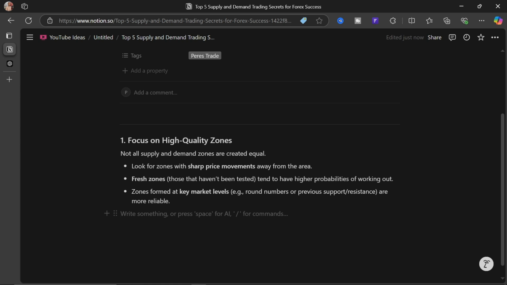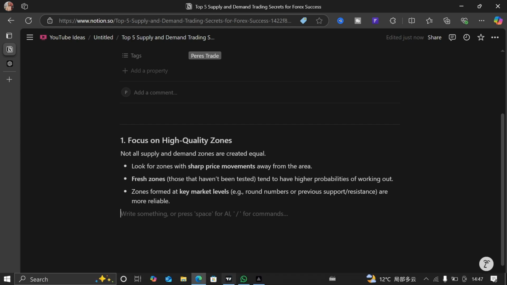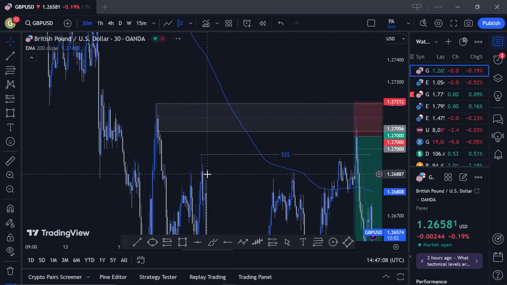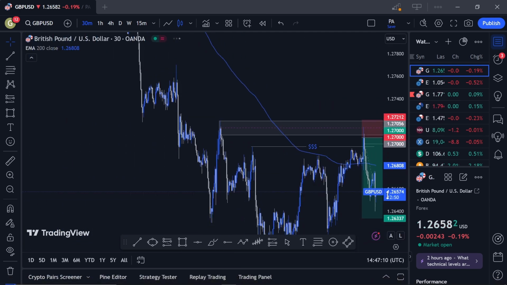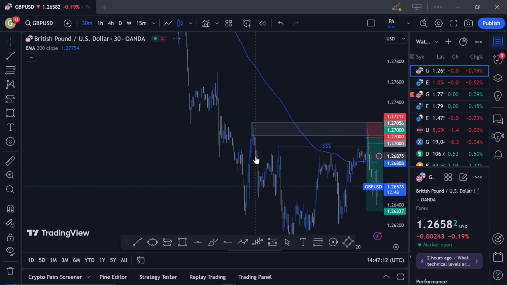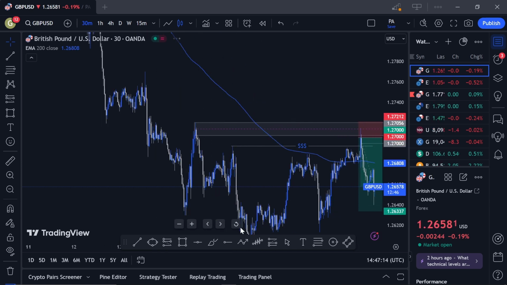Every institution, every retail trader knows that this is a support level, where we should be buying from. This is a resistance level, where we should be selling from, which means that area has a lot of liquidity to back it up and push the market downwards. So I don't know if this one was around that area, but now for this particular final point here in identifying high quality zones, it varies. But in most cases, it's more advisable to identify zones within those levels, as they tend to give more accurate results. So for example, if I should mark here right now,